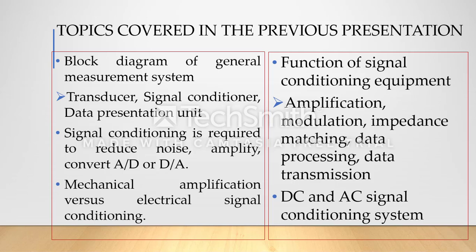So we need to amplify the output from the sensor and then reduce the noise. Also, if you want to connect it to other electronic devices, say a computer or microprocessor, then we have to check the impedance of the circuit. We cannot directly connect two circuits, so the impedance of this amplifier circuit should match the impedance of the computer circuit or your microprocessor. So that matching has to take place.